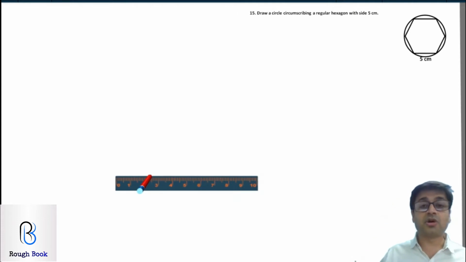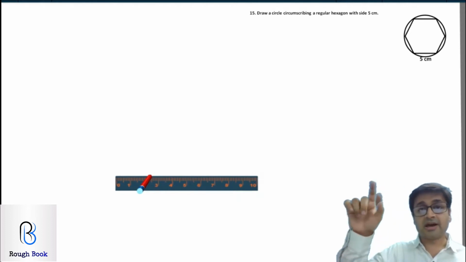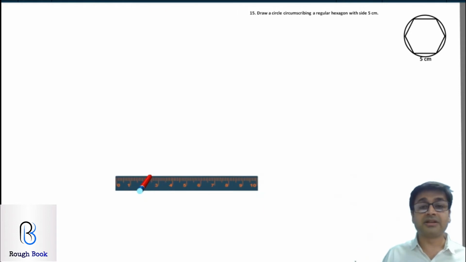Second method is called the triangle method, wherein you take the base of, let's say, 5 centimeter, cut arcs and make an equilateral triangle of 5. Keep on making equilateral triangles until you form your entire hexagon. Again, not accepted in the board, don't even try. Third method, which is accepted in the board, is the 120-degree method, wherein we draw 3 or 4 120 degrees.